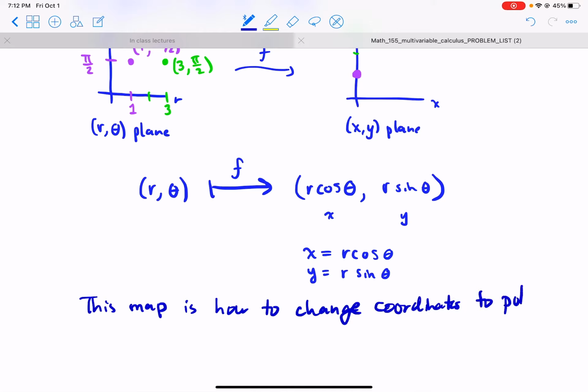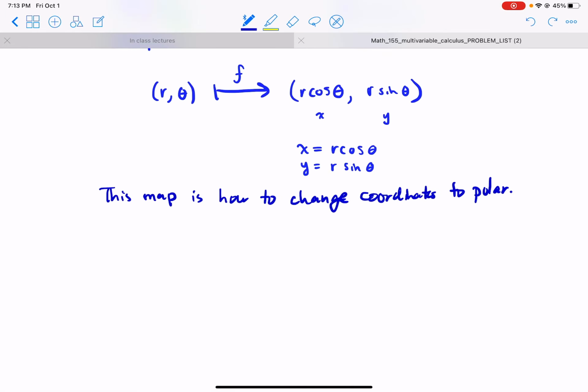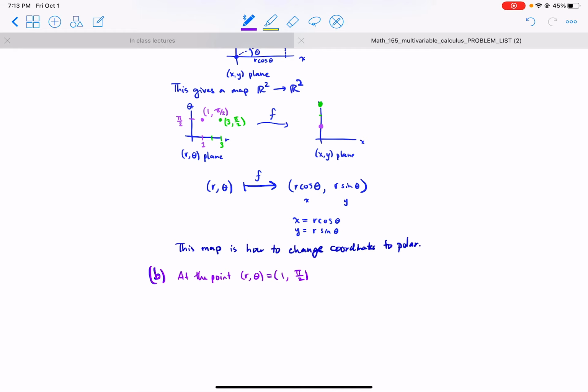Okay, now what's part B? Calculate the derivative of this change of coordinates map at the point r comma theta equals 1 comma pi over 2, and also at the point 3 comma pi over 2, which is why I already drew those points. Okay, so B. I'll put B in a different color. At the point r theta equals 1, pi over 2,